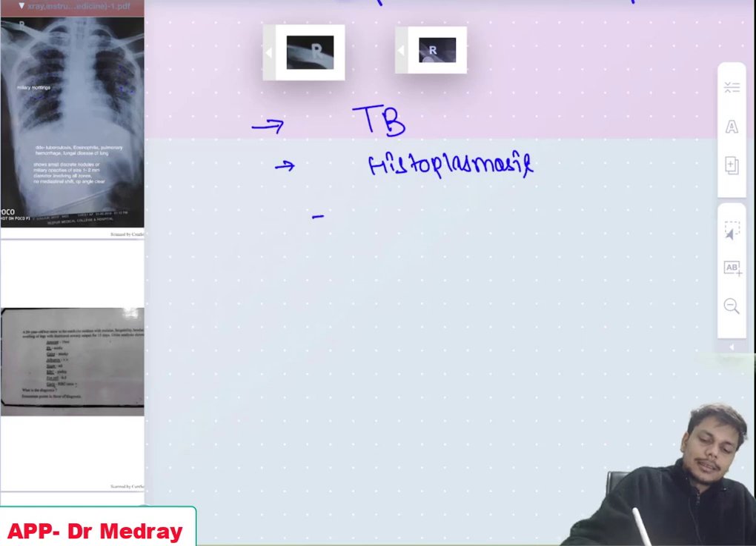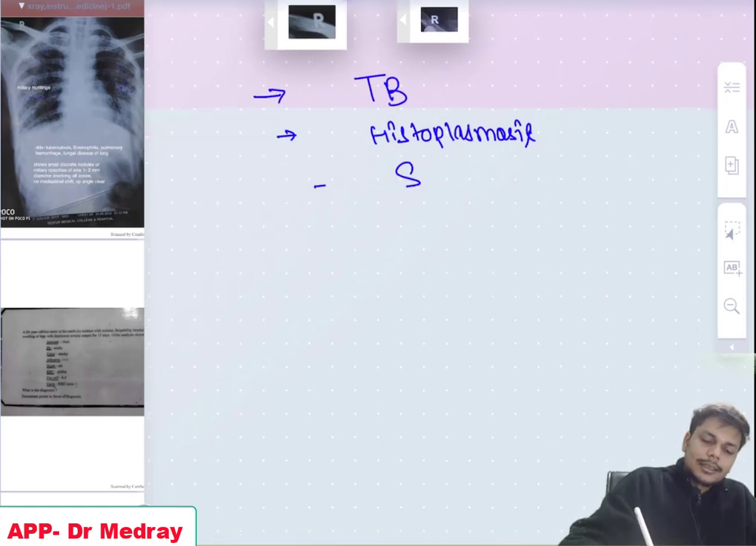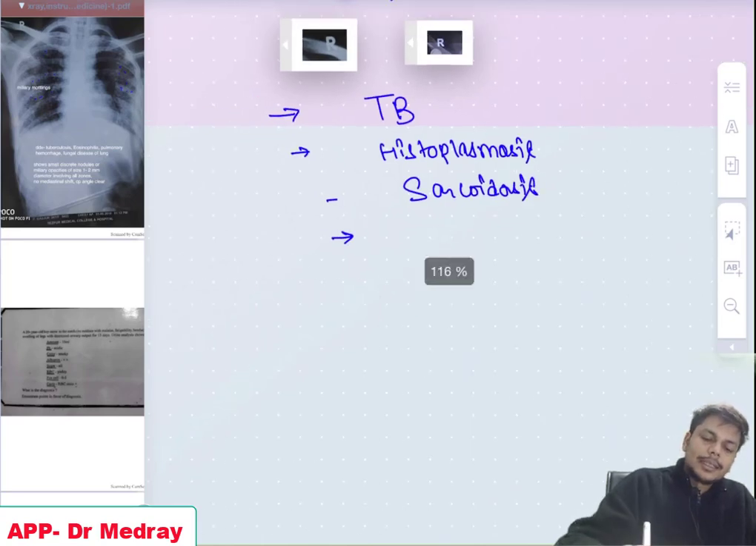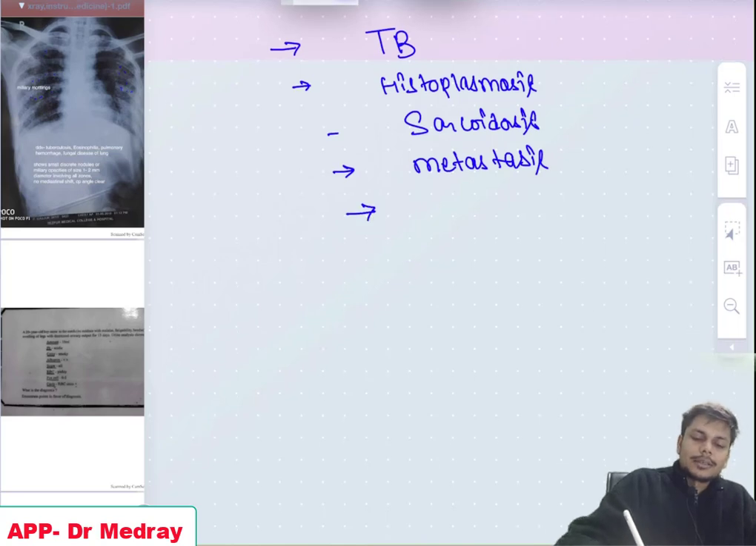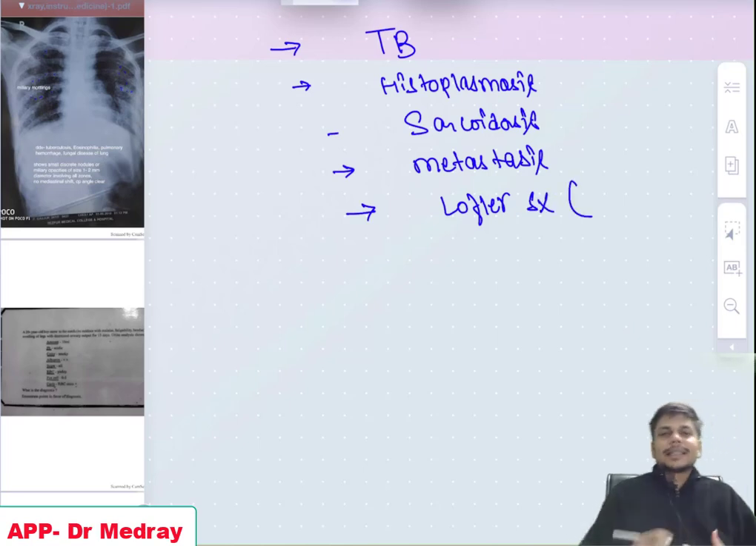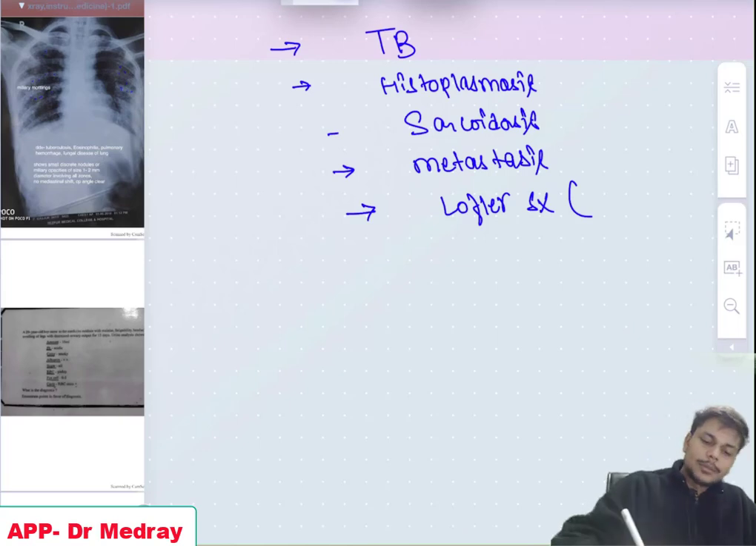It can also occur in sarcoidosis. It can also occur in metastasis. It can also occur in Loeffler syndrome. Loeffler syndrome is because of a parasite migrating in the lung, and the reaction to that parasite is Loeffler syndrome. It can also occur in cryptococcosis. Very rare,